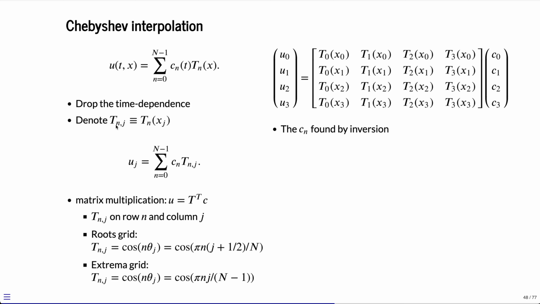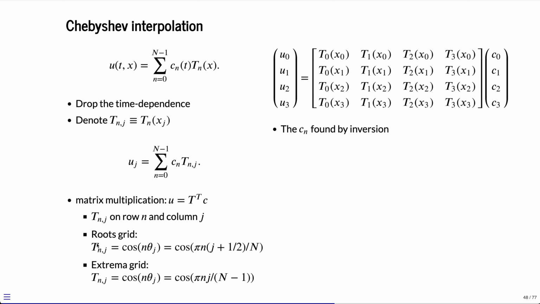we're going to denote Tnj to be the nth Chebyshev polynomial of the first kind evaluated at position xj. So that gives us this uj as the sum of cn Tnj. This thing defines a matrix vector multiplication where u is equal to T transpose times vector c, where the matrix Tnj on row n and column j gives us the nth Chebyshev polynomial evaluated at the jth